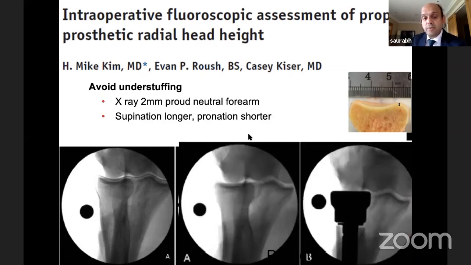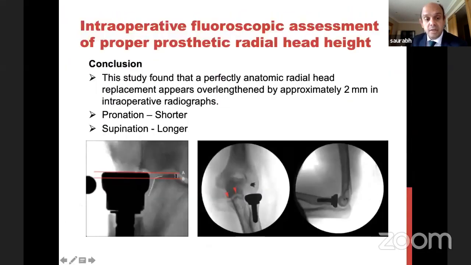So what I'm trying to say here is, see, this radius is overlapping ulna, so arm is in neutral. Now, this is not overstuffing. This is the right radial head height. Why? Because coronoid also has a cartilage. So radial head should be 2 millimeter proud. That is normal. That's compensating for coronoid cartilage. If you see the picture here, this much is cartilage. So if I was to bring my radial head down to match the lower red line, I've done understuffing, which is equally bad.